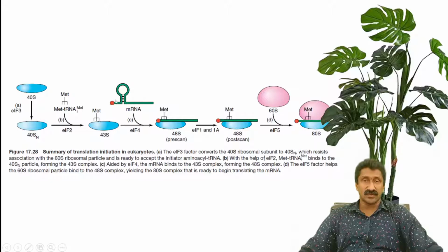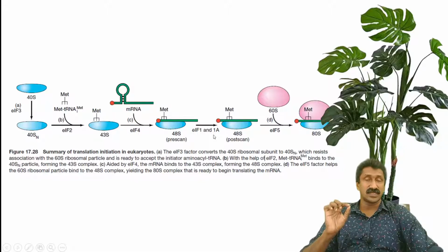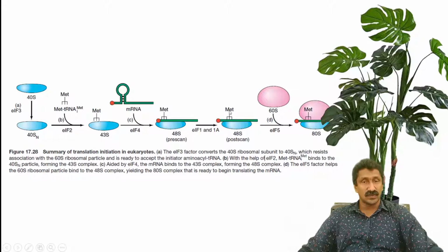Now, eukaryotic initiation factor 4 along with the mRNA will bind to this complex of 43S to form the 48S complex. And once this complex is formed, this ribosomal small subunit and this additional protein complex can move along the mRNA to find the correct first initiation codon and position it at the correct position in the P site. That will be supported by eukaryotic initiation factor 1 and 1A, etc. So now we have the 48S pre-initiation complex positioned correctly on the AUG codon.